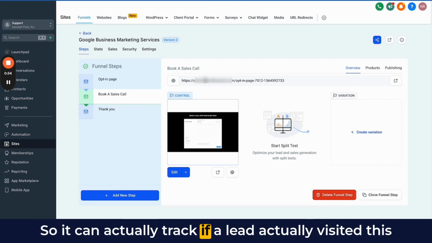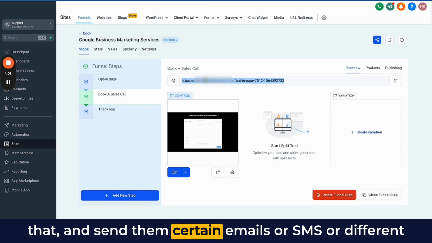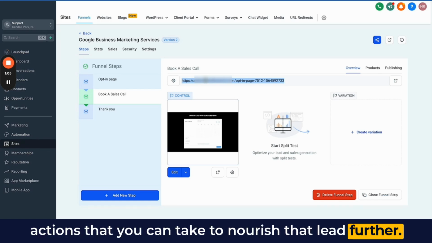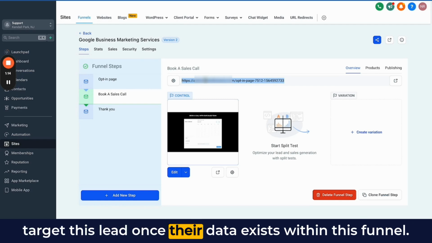So it can actually track if a lead actually visited this page, and then you can build a workflow on top of that and send them certain emails or SMS or different actions that you can take to nurture that lead further. Now, one important thing to note here is that you can only target this lead once their data